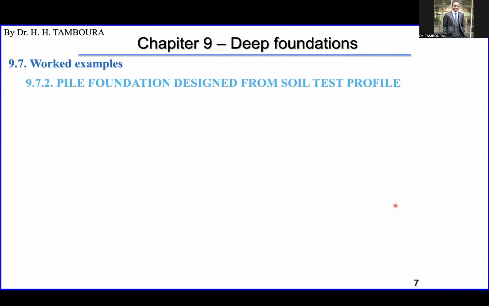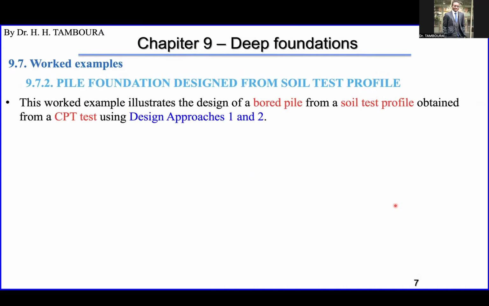So here is the example. It is a bored pile again, and we have CPT profile. We will use design approach 1 and 2. Again, in the second generation of Eurocode, you don't have approach 1 and 2. Okay, but we will do the example using the first generation Eurocode, and we will do it using the second generation